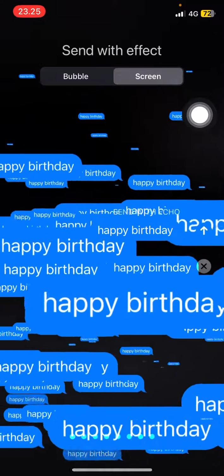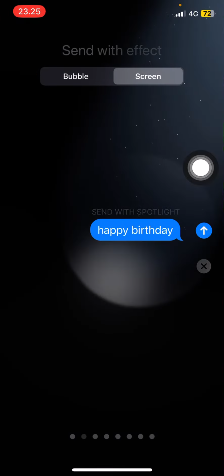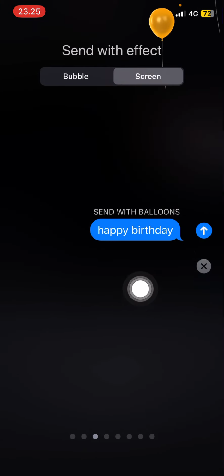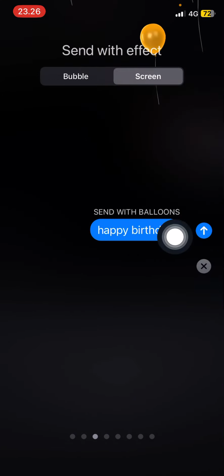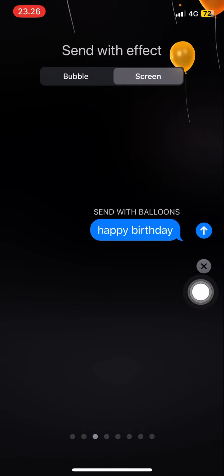I'm going to select screen, and I'm just going to slide it to the left, like so. Then slide it to the left again until I find the effect that I want. For instance, I want this balloon one. Then once I have the effect that I want, I'm just going